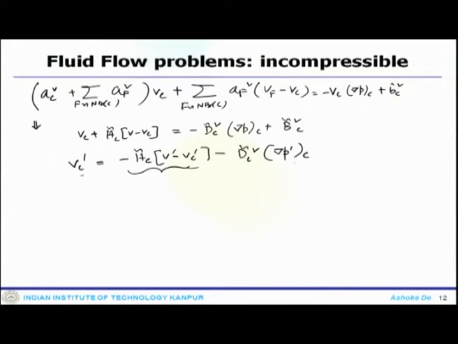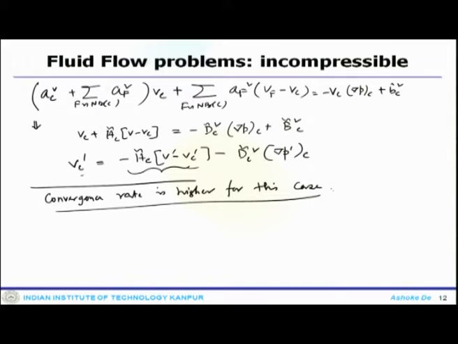The relaxation of the pressure becomes unnecessary as compared to SIMPLE. So, in this case we may not require to relax the pressure, and the resultant velocity corrections will satisfy the momentum equation better, but consequently a higher convergence rate is obtained. So, the convergence rate is higher for this case. So, that is important. Now, another algorithm which sits in between is called the PRIME algorithm.